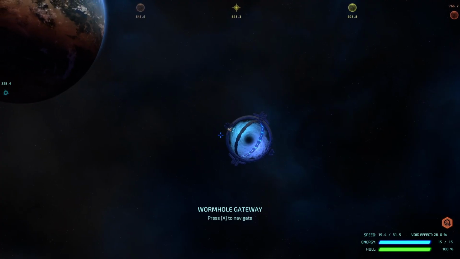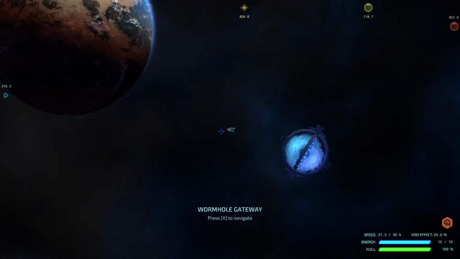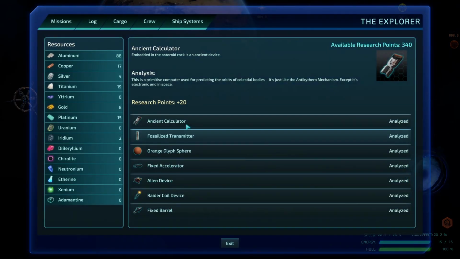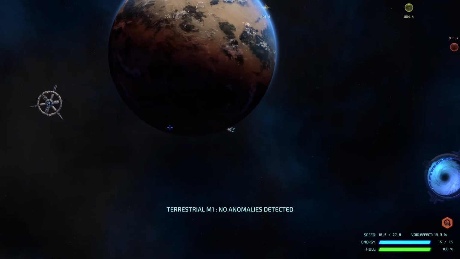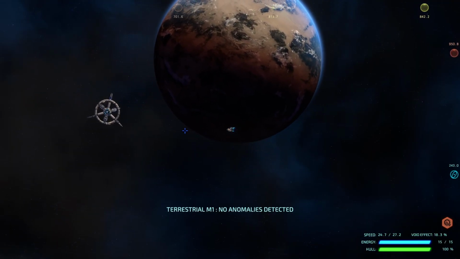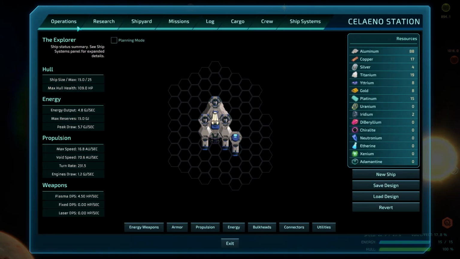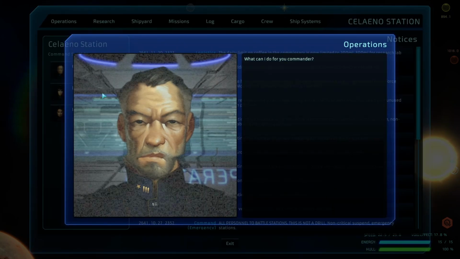Okay. Well, we've gathered a bunch of materials of varying kinds. Not a lot. We've got some. Enough to take a look and see if we can upgrade our ship a little bit more. First...